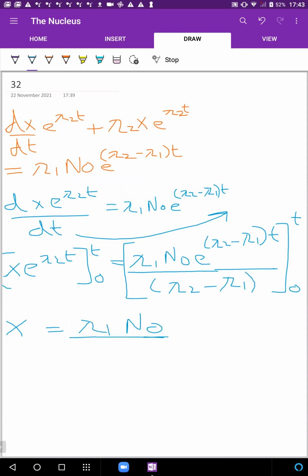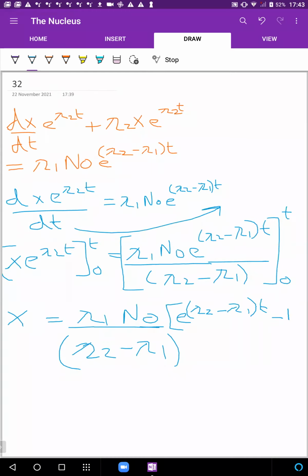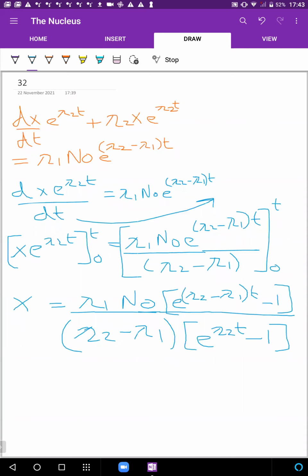ये अगर डायरेक्टली लिख सकता हो तो lambda 2 minus lambda 1 इसके लिए आ जाएगा पहले t फिर 0, तो e raised to lambda 2 minus lambda 1 t minus 1, और इसके लिए आ जाएगा e raised to lambda 2 t minus 1. So this is the value of x as a function of time,